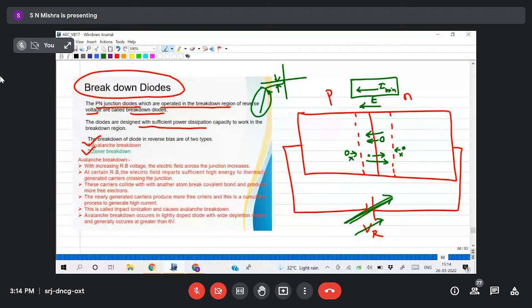So the electrons or the holes present here, let us assume these are the carriers, free carriers, which are moving with some velocity. And when I increase this voltage, they will gain more energy. When they are gaining more and more energy, they will move faster. So move faster means what? Suppose the electron is present here